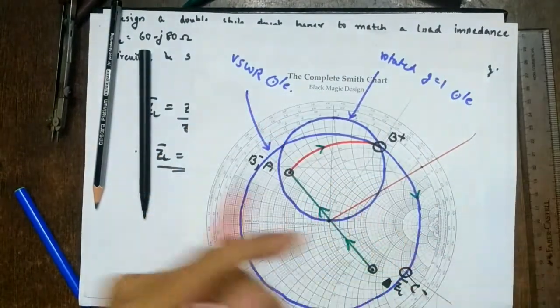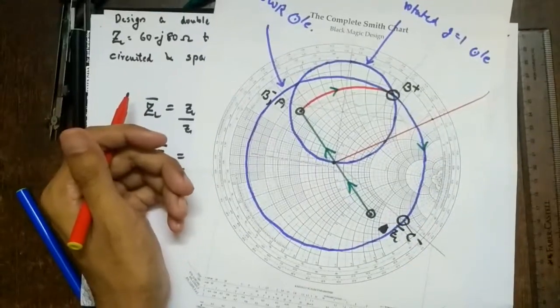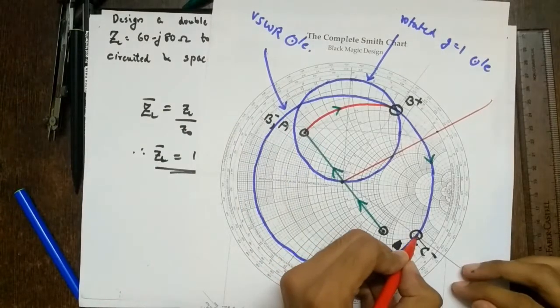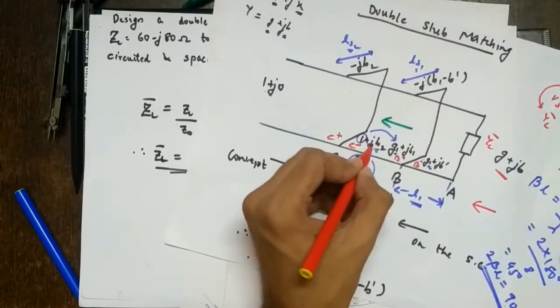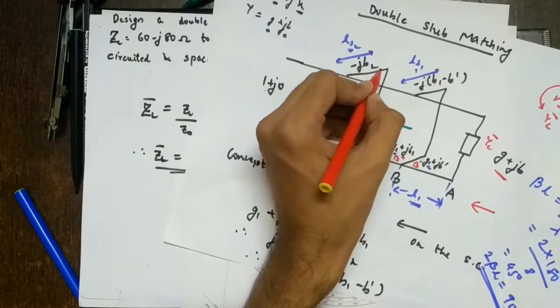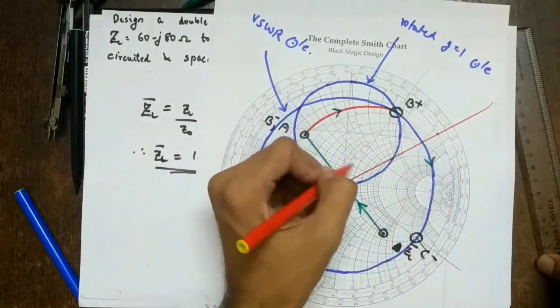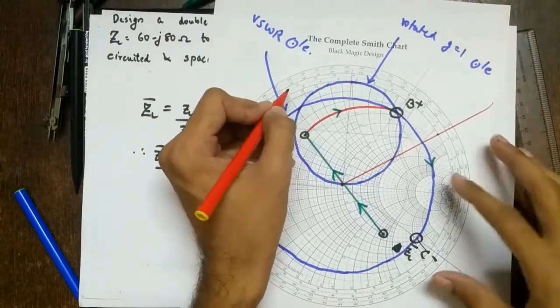Right, and these are which type of stubs? Open circuited stubs, right? And we are in the admittance Smith chart. Again, what we have done, we have found this C minus reactance as minus j 3.3. If someone has not understood, this was 1 plus jB2, but we have got it as 1 minus j 3.3. So this will be the negative of that, so plus j 3.3, minus of minus is plus. So plus j 3.3 I have plotted here, draw a line, and these are which stub? Open circuit stub. And again we are in the admittance Smith chart.